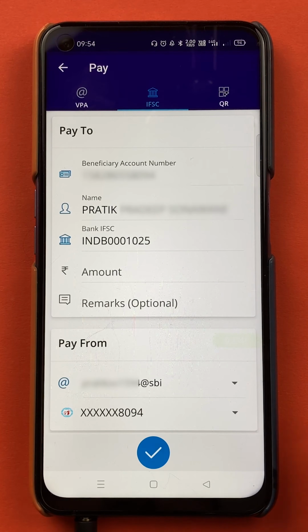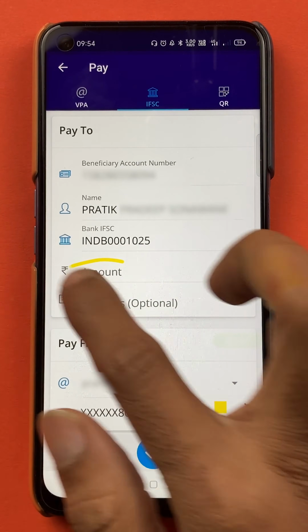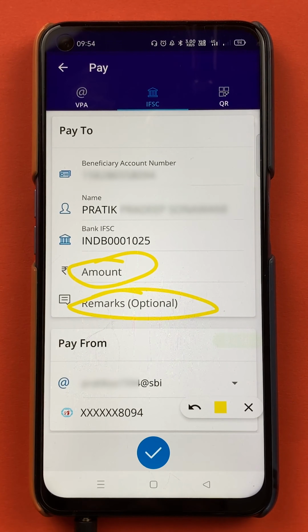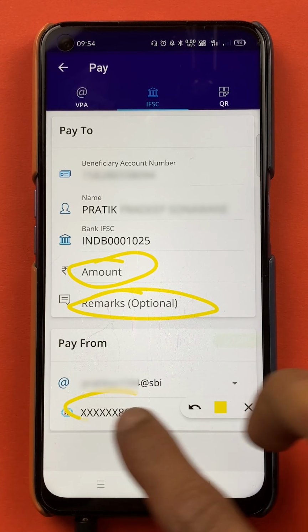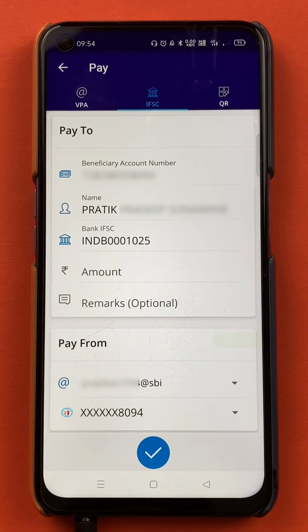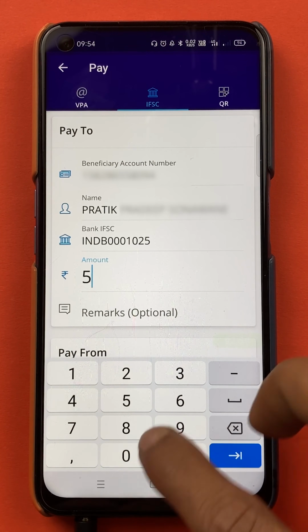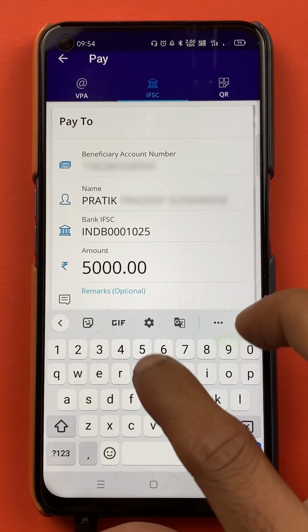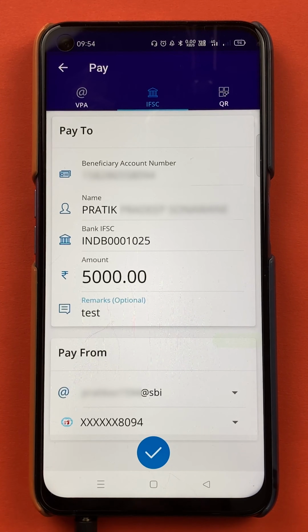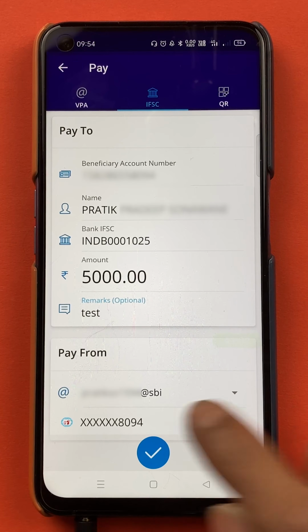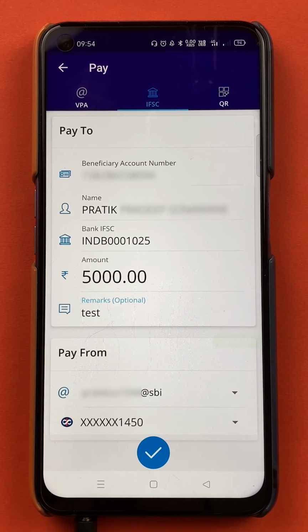After selecting the beneficiary account, you have to enter the amount and optional message over here, and at the bottom you can select the bank account from which you wish the amount should be debited. So for example, I am going to transfer 5,000 over here, and in remark I will be entering test option. Now I want my amount to be debited from other bank account. So what I'll do is I will select this other bank account over here,